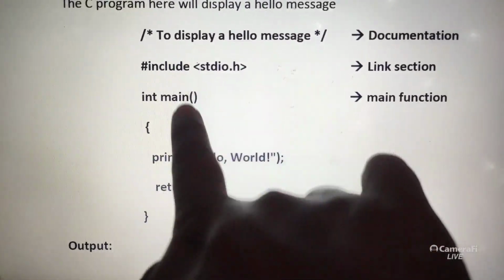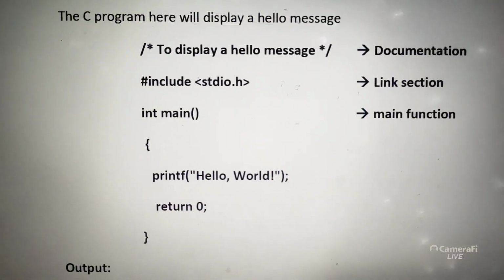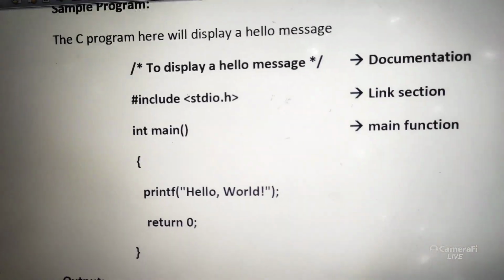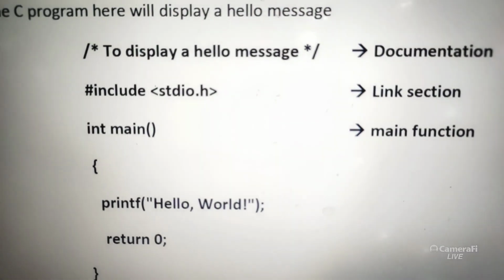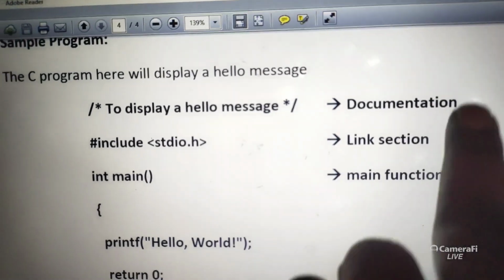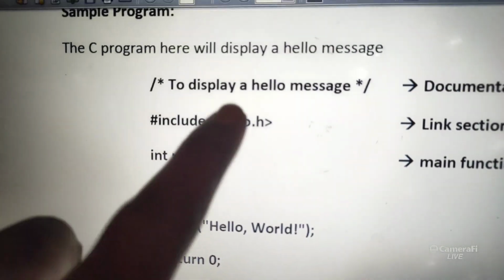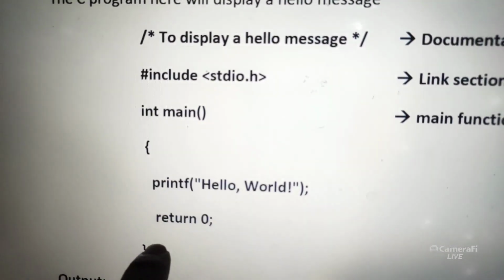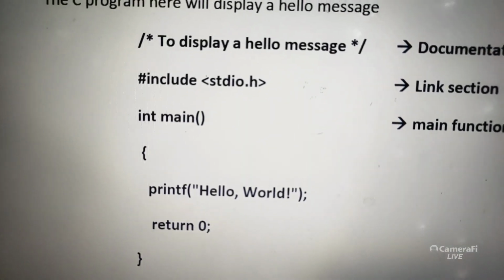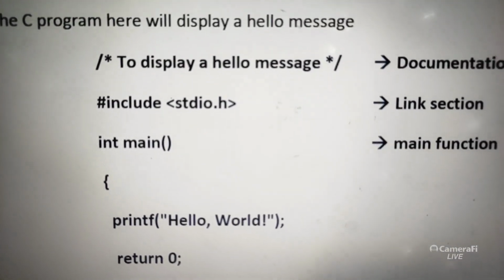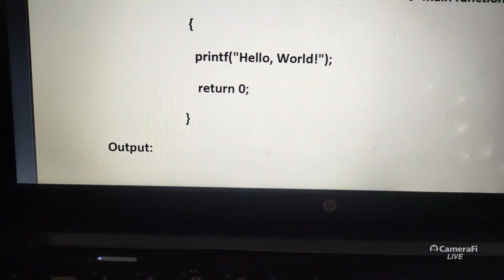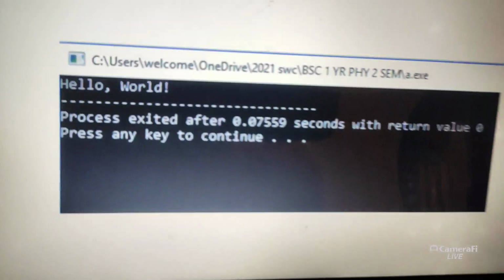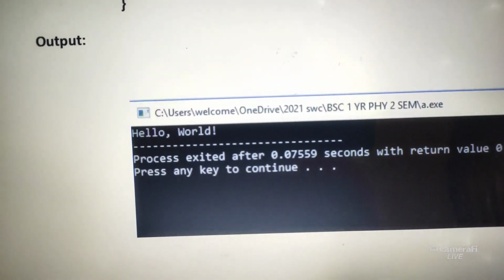Okay, I have a sample code example program. So like this, from here we should type in the software. For example, starting with slash star and ending with star slash. This is called documentation. Okay, you should not write these words in the program. Only from 1 2 3 4 5 6 up to here you should write in the program. So documentation, include, link, main function, and so what is the output we are getting? If you write the program and run the program, we'll get the output hello world. This window will be shown when you run the program. Okay, this is the program.